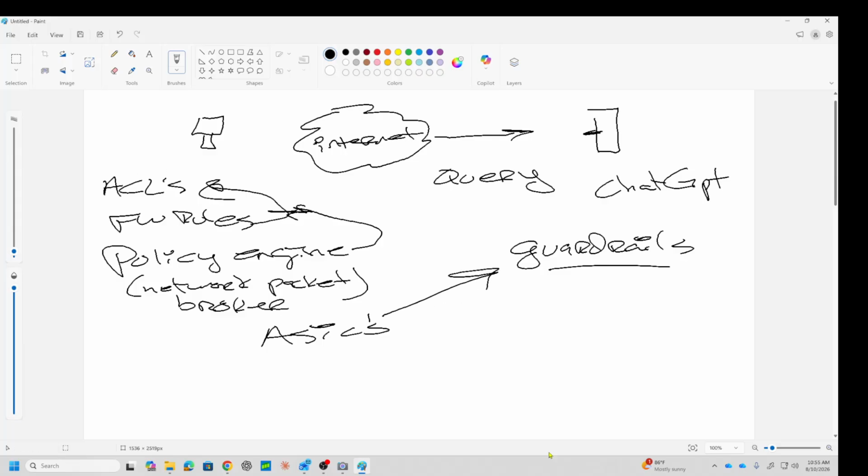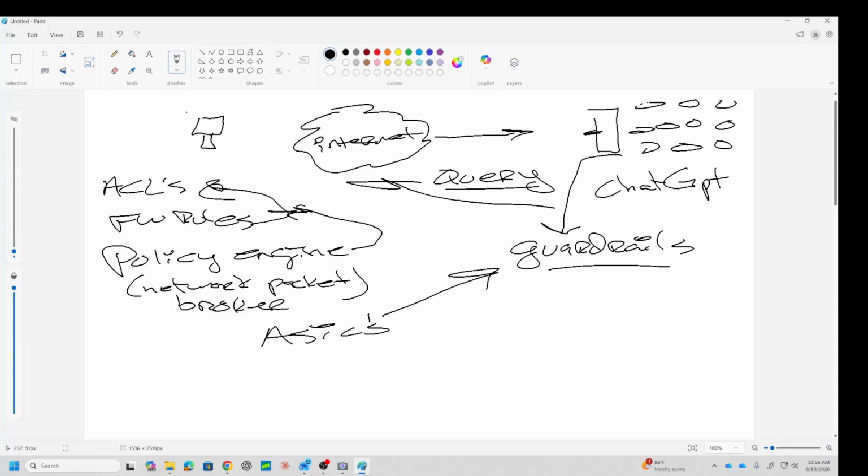So then we get over here to guardrails. Again, same principle, right? We can definitely be a lot more granular, like with a packet broker, about how we want to evaluate. So let's go back up here to our drawing, and what happens when the query gets here? It gets sent to a bunch of different nodes back here, and each of these begin to evaluate this query and try to resolve it, okay? And once they've all come to a consensus about what the answer is, it's then evaluated against that guardrail. Can I return this to the user over here?